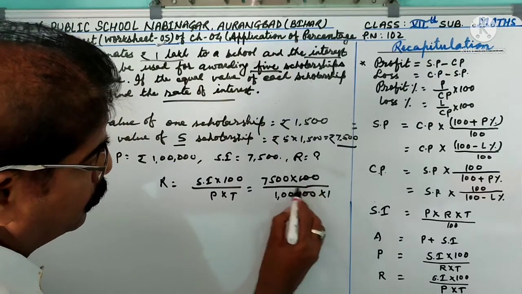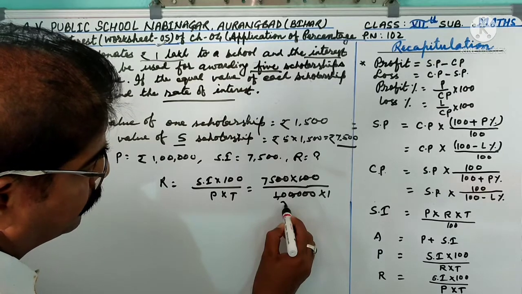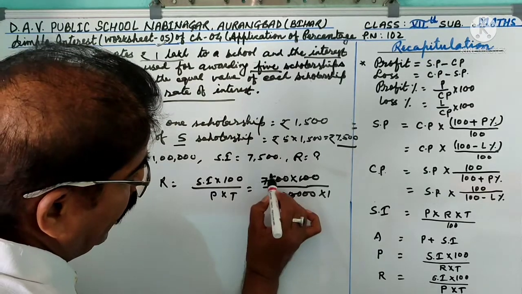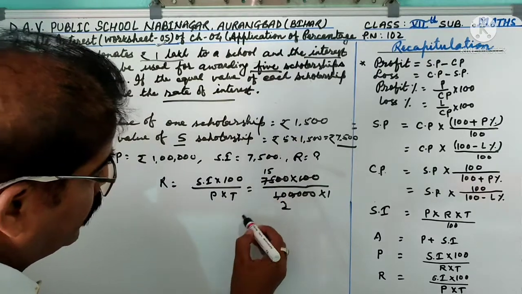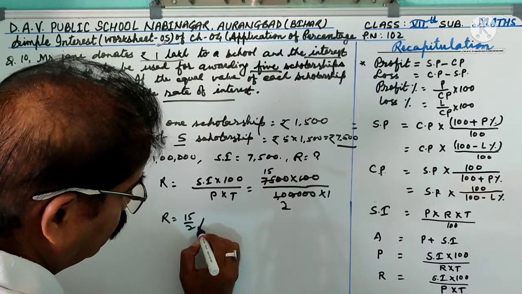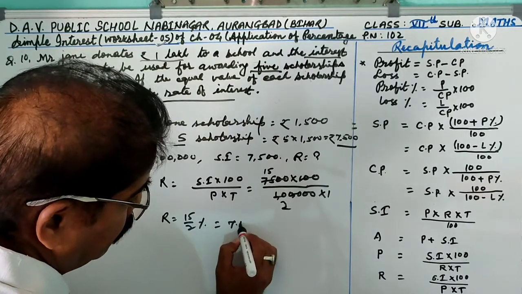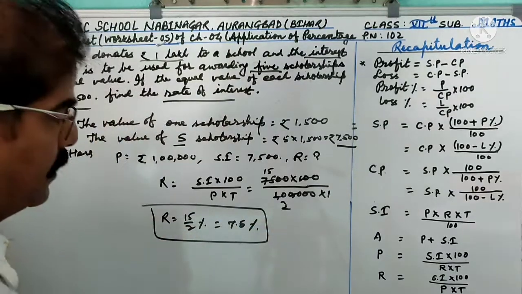So 2 zeros cancel 2 zeros, 5 2s are 10 and 5 15, 5 5s are 75. So R equals 15 by 2%, that is 7.5%. So rate of interest